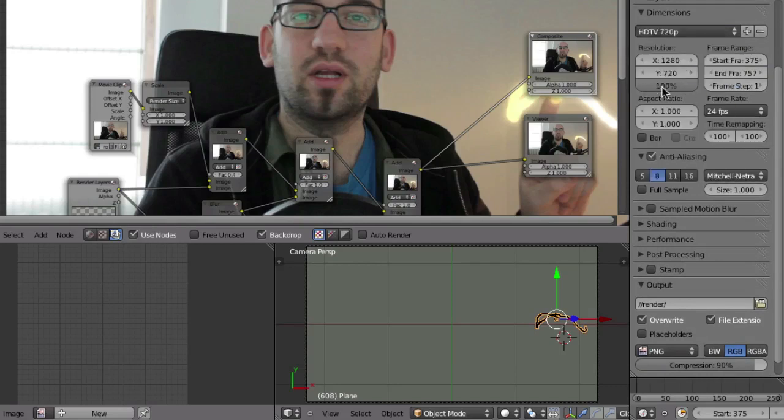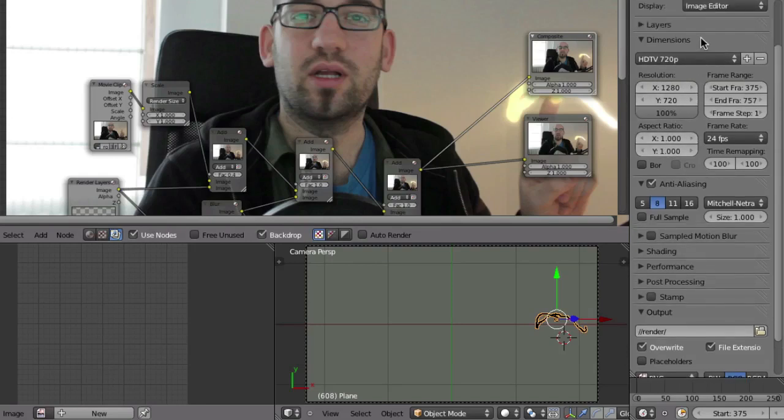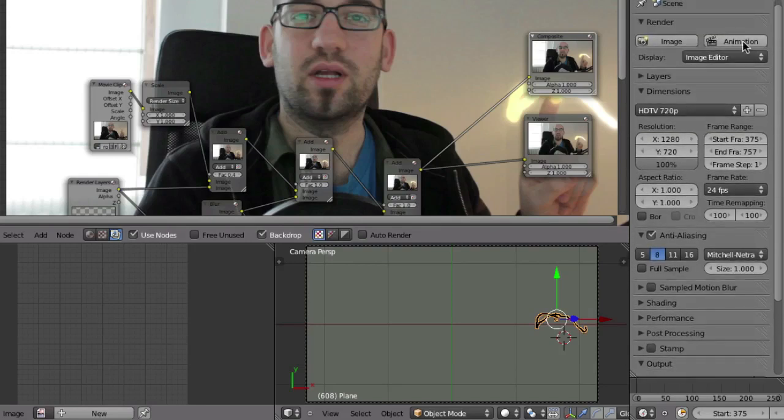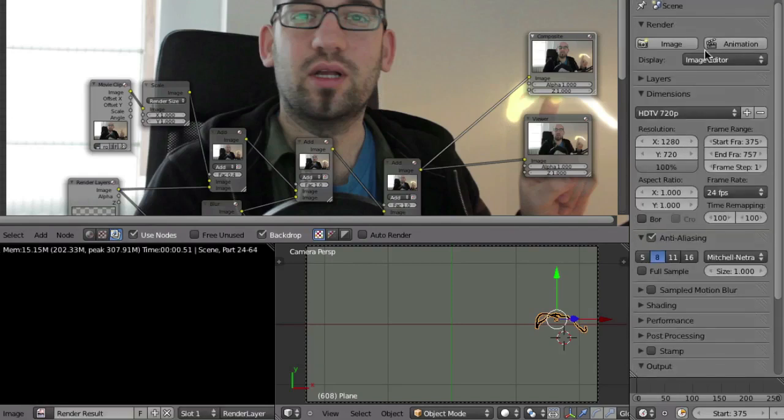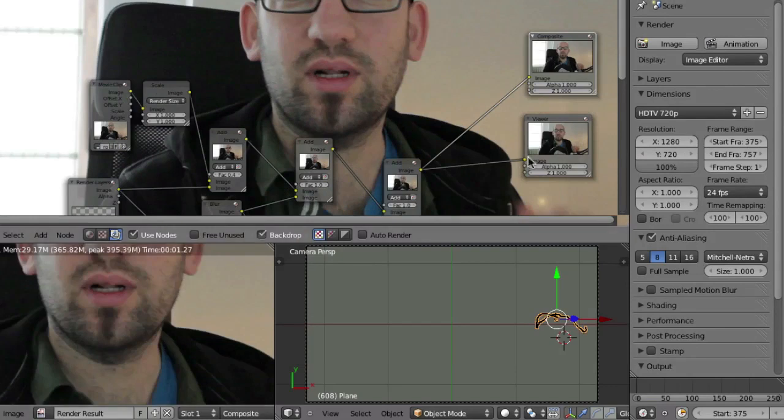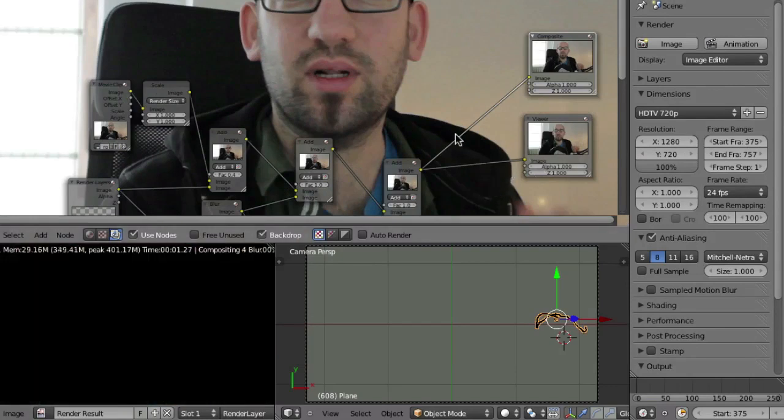That will set this to 100% and also to 1280 pixels by 720. So that's fine. And now we can just go here and press on animation, and that will render our particle simulation with the composite and the background in the folder here. So click that, and this will now take a while, and when it's ready, we will come back.